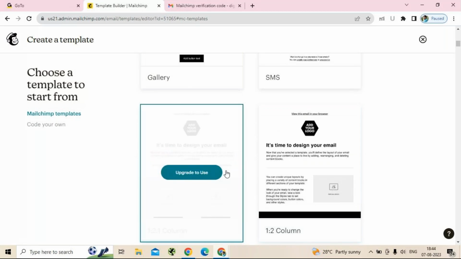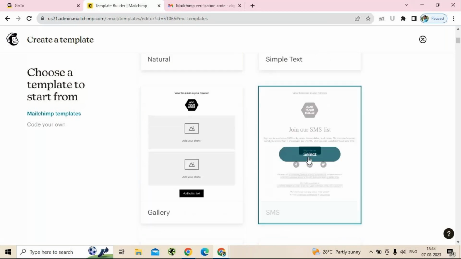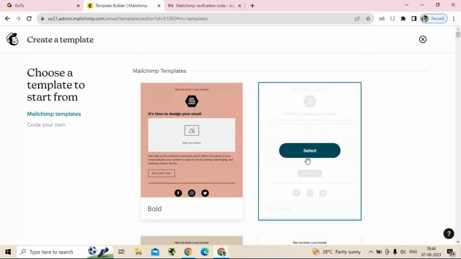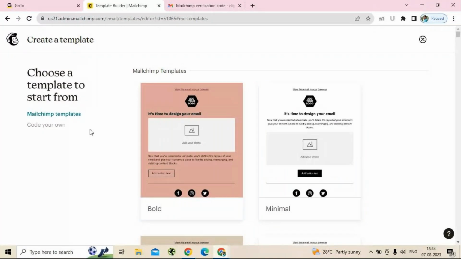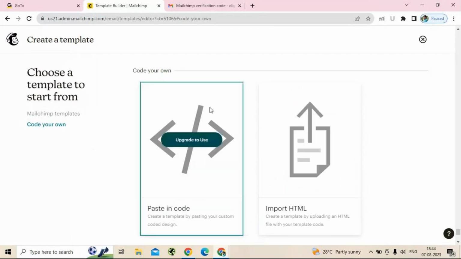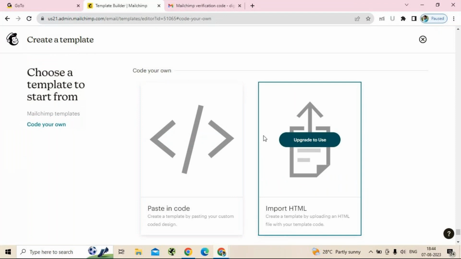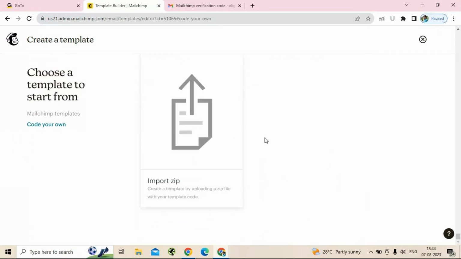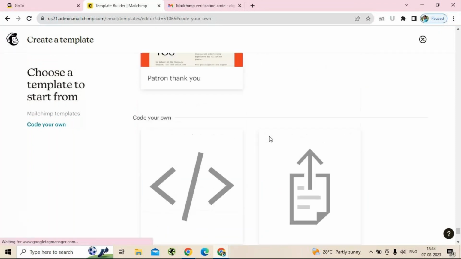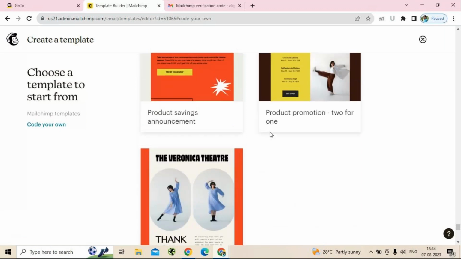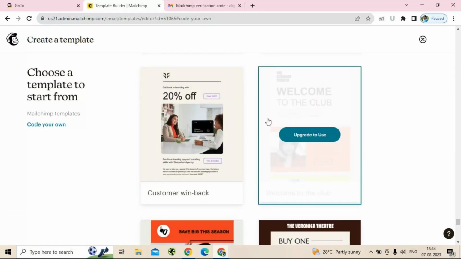Nearly 6 templates have been given for free. You can choose any one of these and use it, or there is an option to code your own, so you can use codes and create it. But let us not go into the technical side. So in case if I want to,